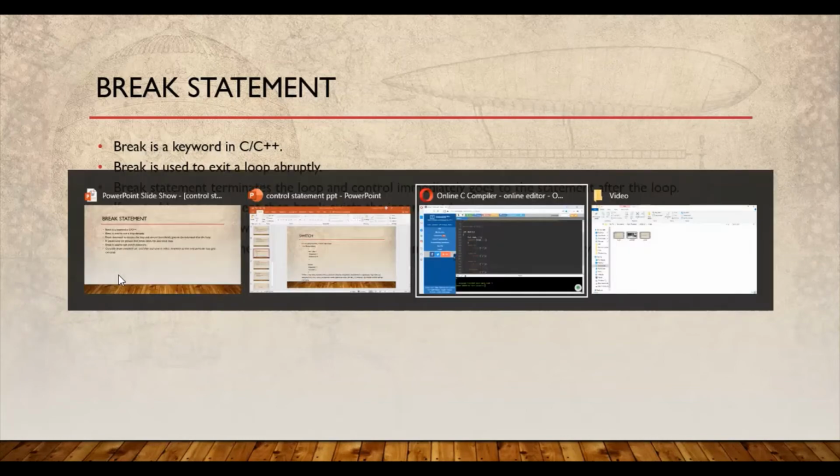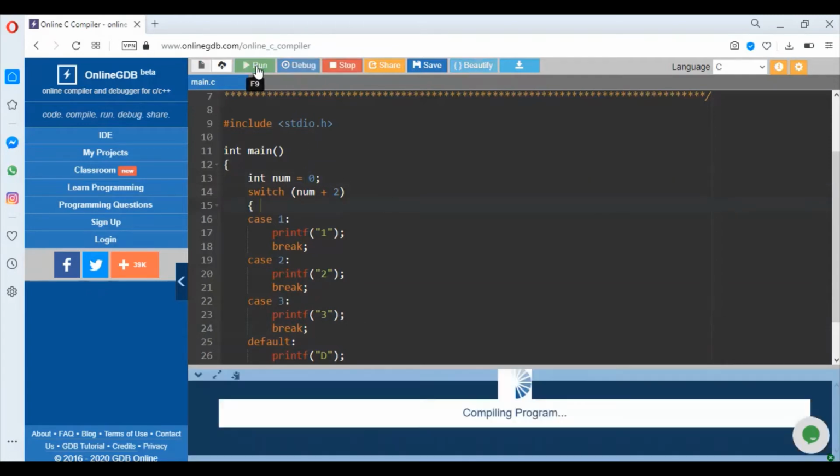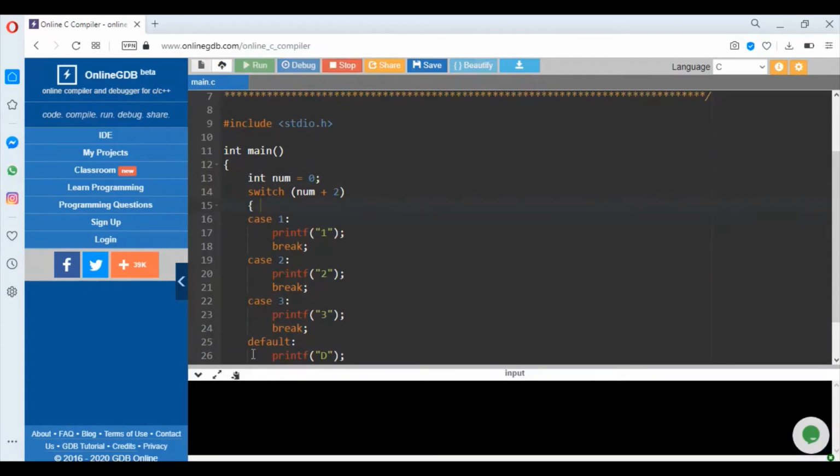Now see here, if I put break after every case statement, then our code will only print those statements that are needed. So here case 2 would be satisfied. What will happen? Only 2 would be printed. See, only 2 has printed. Why?